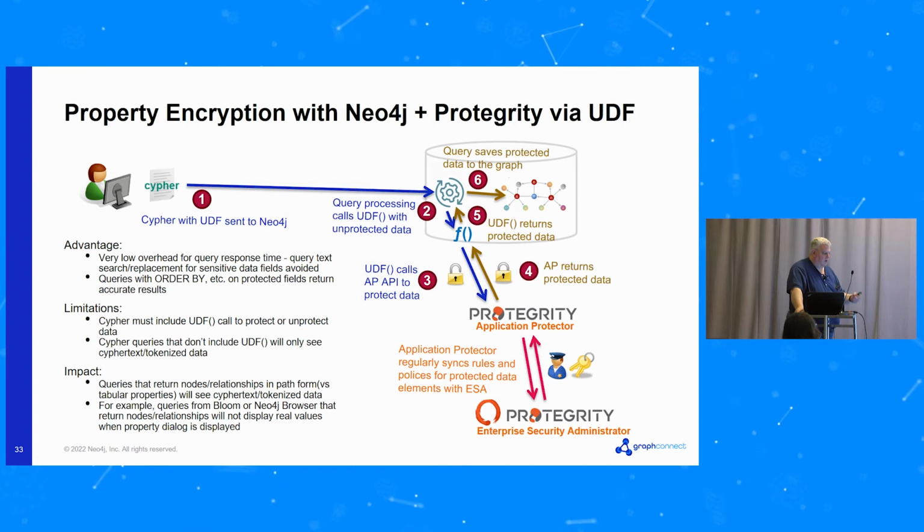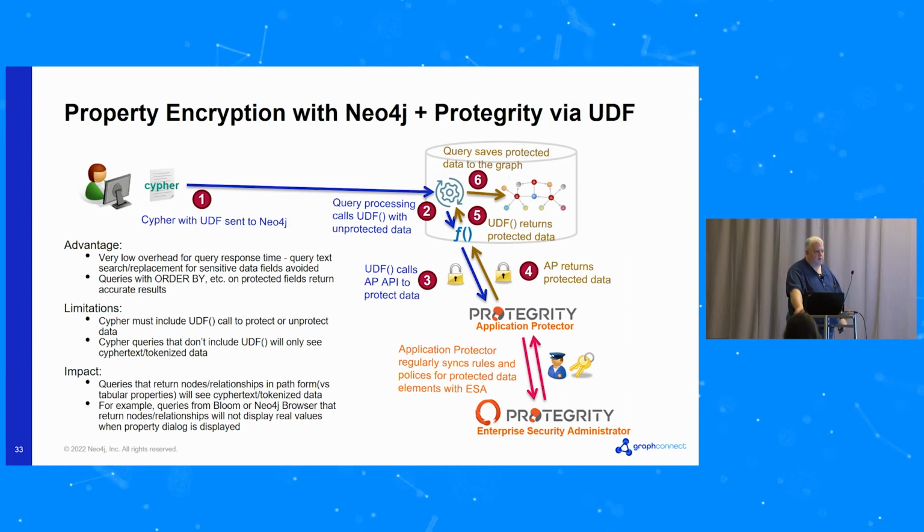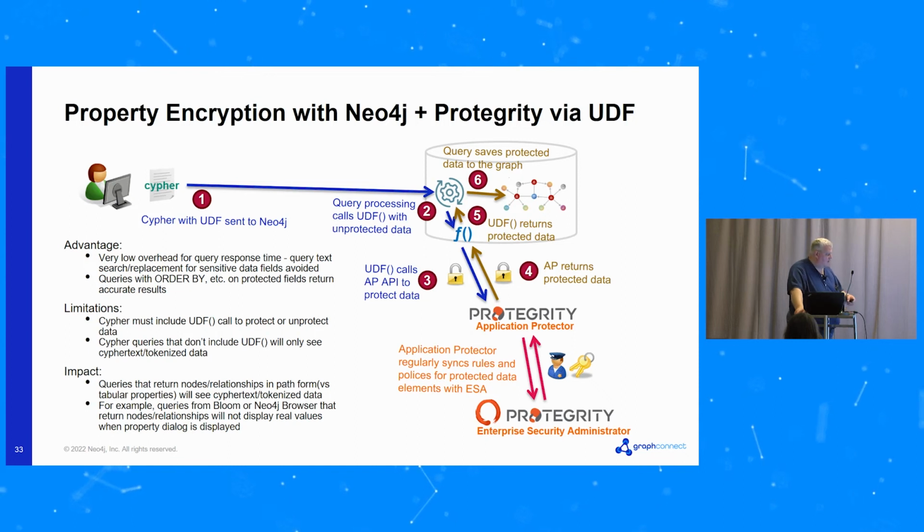For the query processing, we put a wrapper, we used a UDF around their Java API. The query processing just called the UDF. It came in and went through the application protector. It actually cached the keys and the rules locally on the database instance, so we didn't have to go across the network. The overhead was like microseconds for the input. I think it slowed down a load CSV marginally. It went from like 1 second to 4 seconds to load the data. So not very much. It sounds like a lot, but in reality it wasn't